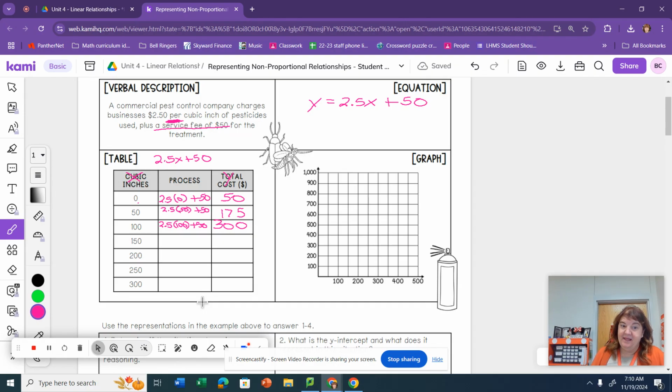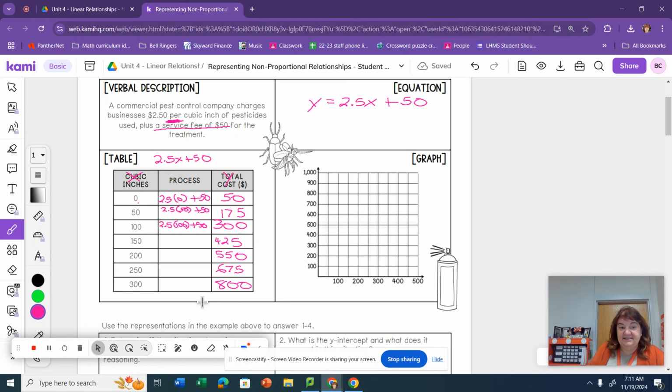Okay? I'll do the 150, because 150 is sort of an odd number. 150 times 2.5 plus 50 would be 425. Okay, I want you to do the 200. Did you get 550? I hope so. And then we would do 675. And lastly, it would be 800. Okay,